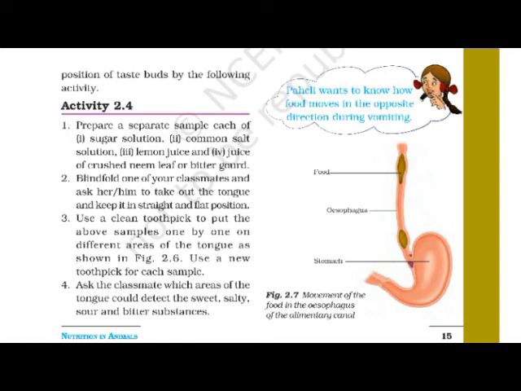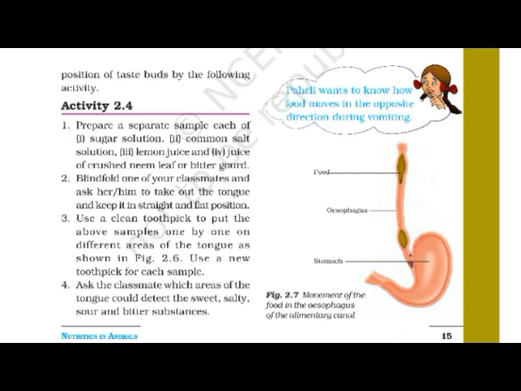Now you can discuss with your parents when you vomited last time, or which family member vomited last in our family, and what was the reason behind it. So take all these things into mind. Okay, so this was about vomiting and the reason behind it. And now we have just completed the food pipe, that is the esophagus.